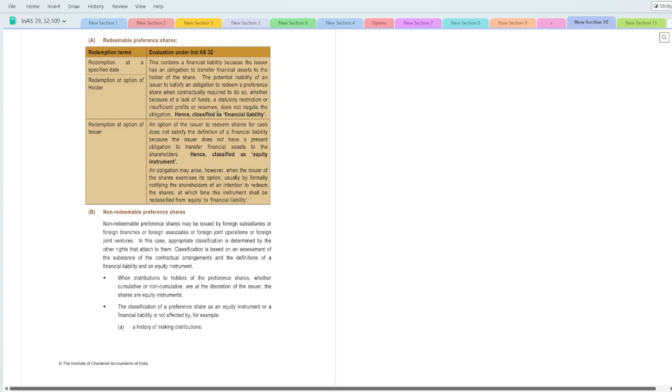कैश नहीं करना होगा। If you cannot avoid, so ये आपका फाइनेंशियल लायबिलिटी बनेगा। Redemption at the option of the issuer, ये जो चीज़ है, at the option of the issuer, ये आप क्या कहते हैं इन डिटेल, वो यूनिट 3 में पढ़ेंगे, इक्विटी और फाइनेंशियल लायबिलिटी में।